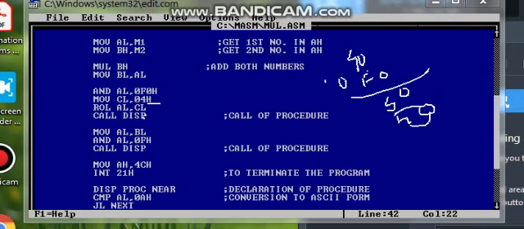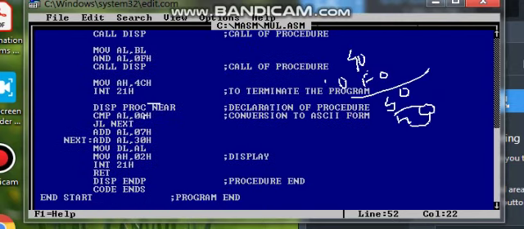Then this is the procedure. This is the near procedure and it is written in the same segment. This procedure will compare these digits, 4 and 0, with 0AH, jump if less to next.